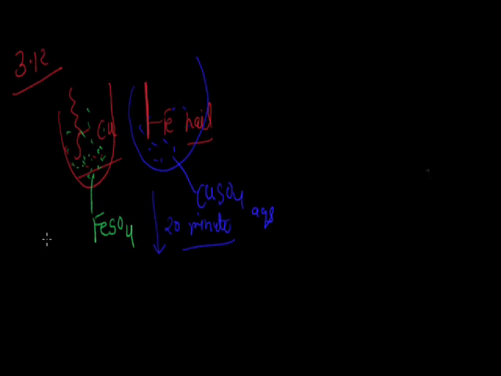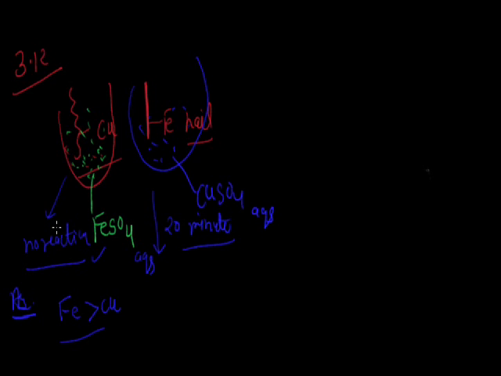First we discuss what happened when the copper wire was dipped in FeSO4 solution. As we know from the reactivity series of metals, Fe is more reactive than copper. So when we dip the copper wire into FeSO4 solution, there is no reaction. Why? Since Fe is more reactive than copper, and more reactive metals always remain in the salt form. Here the more reactive Fe already exists in its salt form, so no reaction takes place.